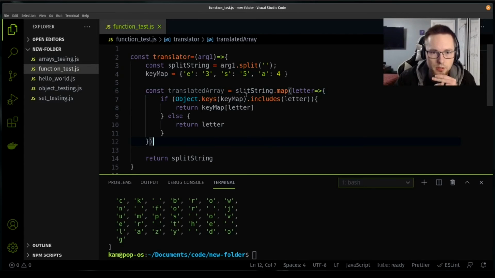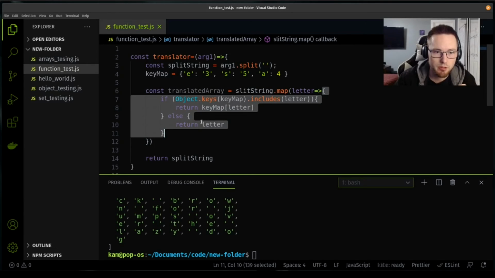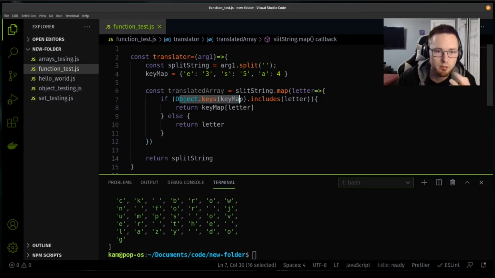So map letter into a function, well, into an iterator, and we got this. We're checking each key, and if it includes the letter that we're on, then we're going to translate it. Otherwise, we're just going to return 1, 2, 3. Or, that's a bad example. My bad, my mistake, guys. We're just going to return